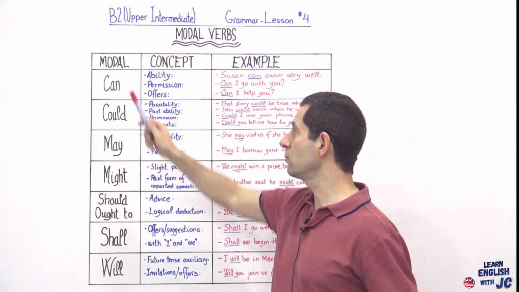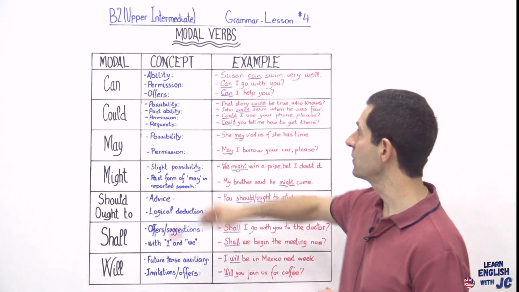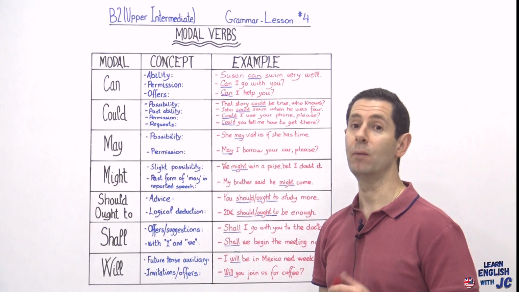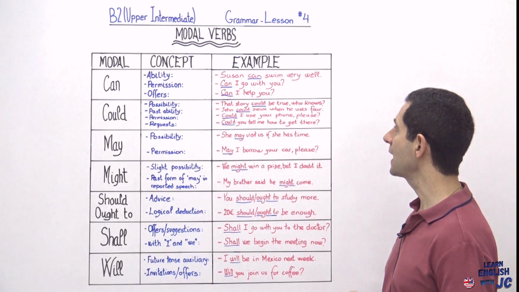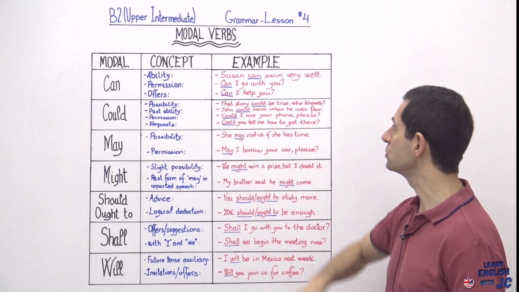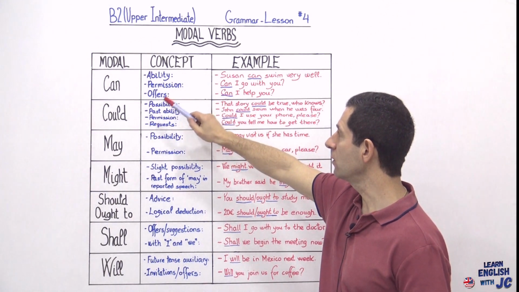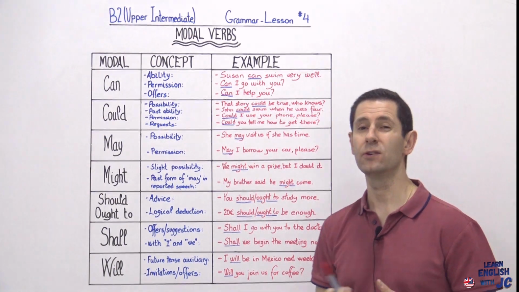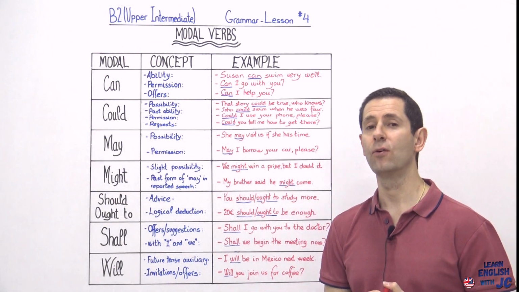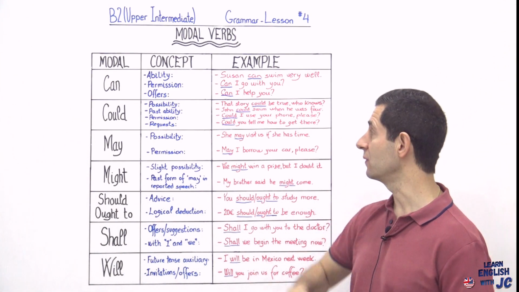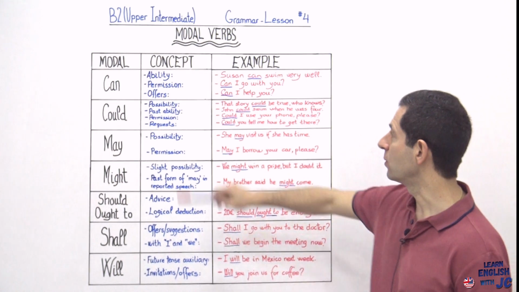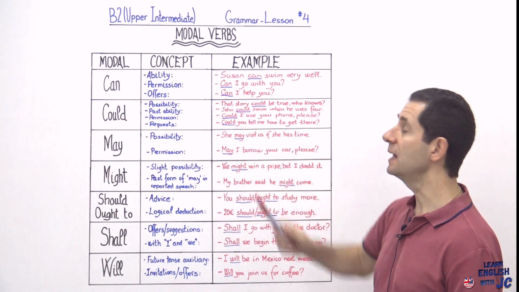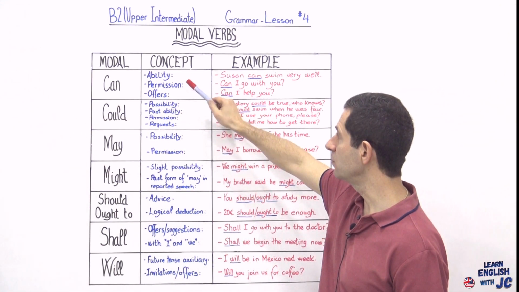Very good. So the first one that we have is can. Can is extremely used, and it is used in 3 different situations, on 3 concepts. First of all, we use it as an ability. For instance, an example is Susan can swim very well. That's good for her. So Susan can swim very well, that's an ability. Another use is for permission. For instance, can I go with you? Now you use this one when it is a more informal or colloquial situation. When it is more formal, in this sentence you would use may. But anyway, permission. And the last case is on offers, when you are offering something. For instance, hey, can I help you? So once again, ability, permission, or offers.